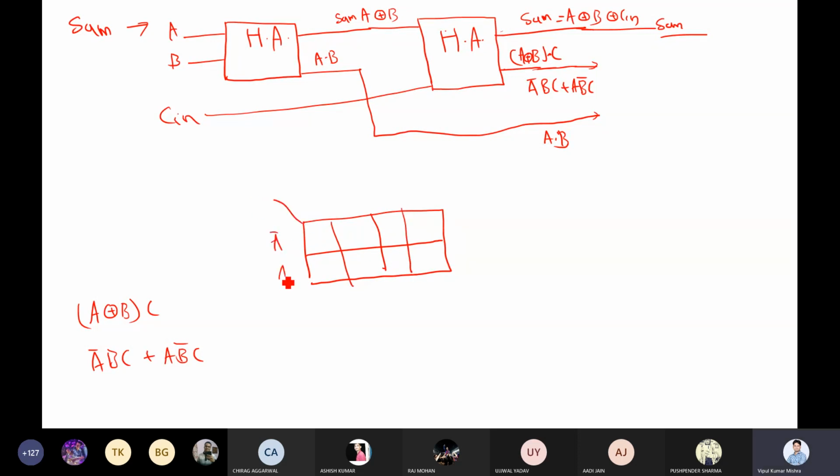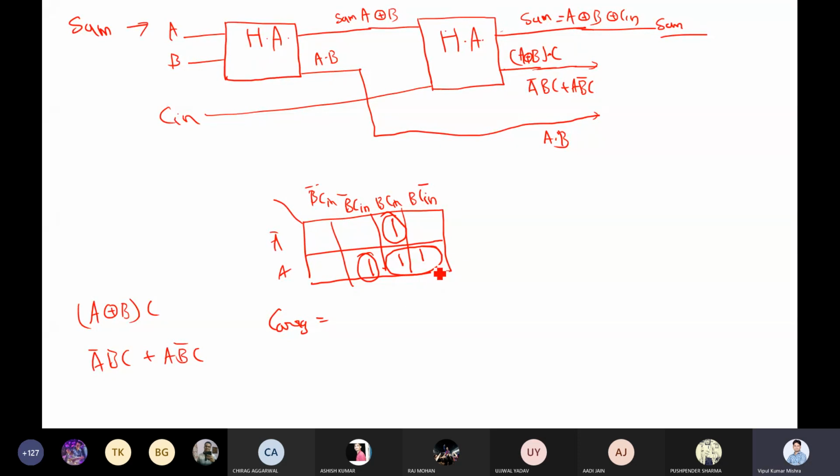Now let's work out the carry. So here A bar, A, B bar C in, B C in, B bar C in, and the values were 1 1 1 1, right? Now what I am saying, I will make this pair, and this singleton and this singleton. Can you tell the carry equation if I do it this way?